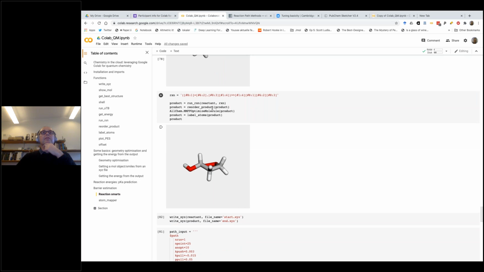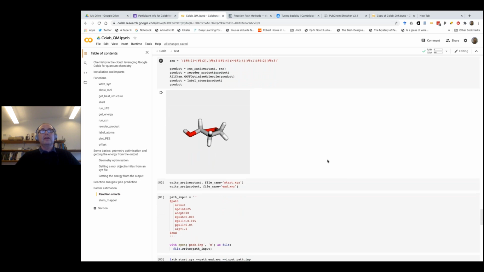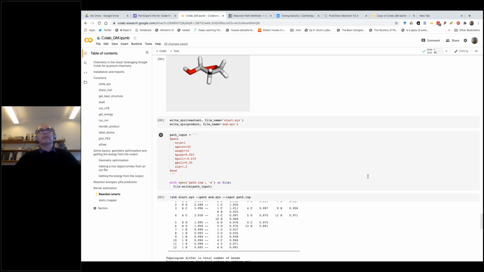if you create your product in this way, then it's quite easy, with this little subroutine here, to ensure that the atom ordering is the same. And that's actually the hard part in all of this. And then you can really give it to any reaction path finder that you use. It could be QST2 in Gaussian, or a nudged elastic band, or a growing string method, or something like